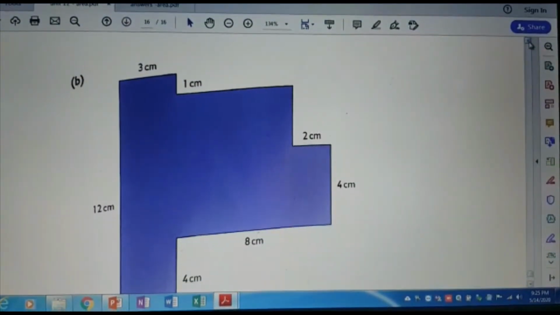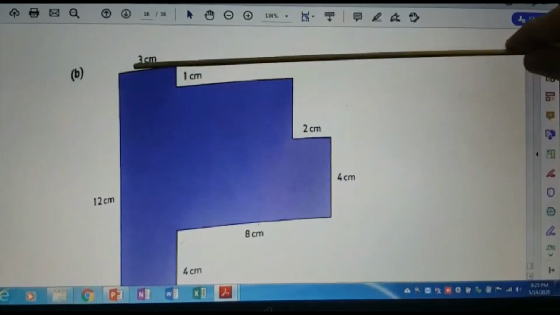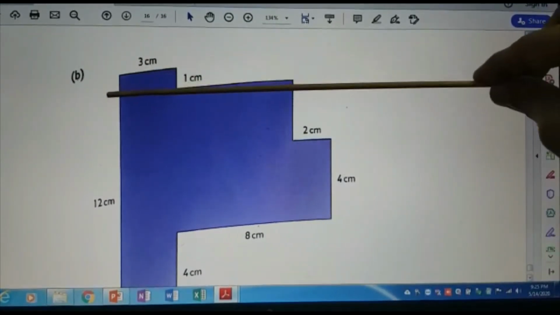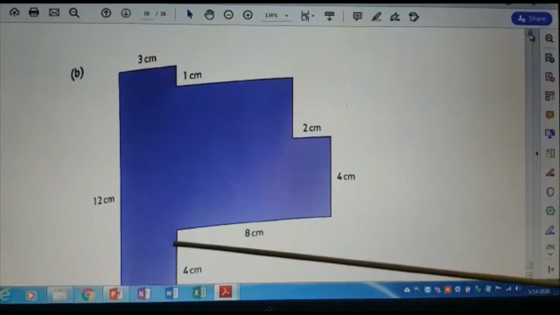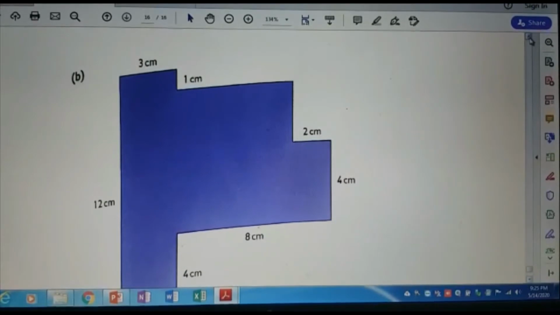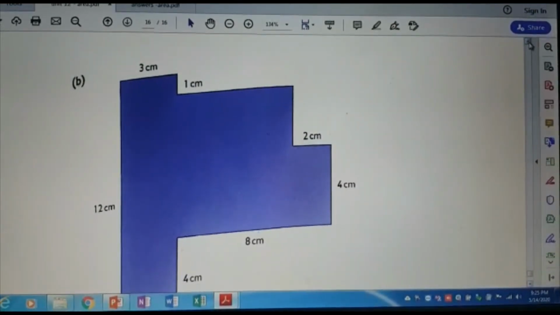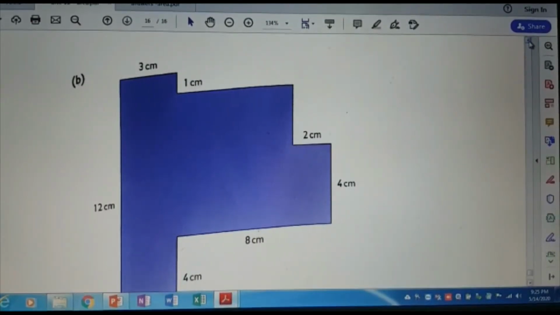Again, see another figure is given here. This one, how can I divide? If I divide like this, is it possible for me to get the length and width? If I want to divide like this, or like this, it is up to you. You need to examine the shape properly first. Okay. So in the next slide, I will explain how we can find the answers for this.